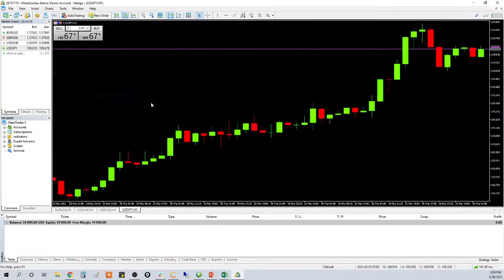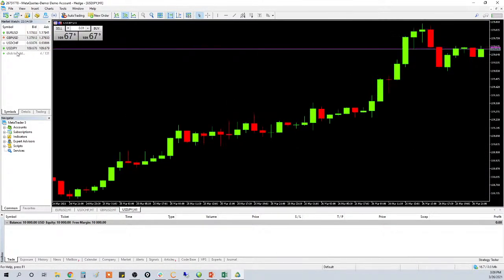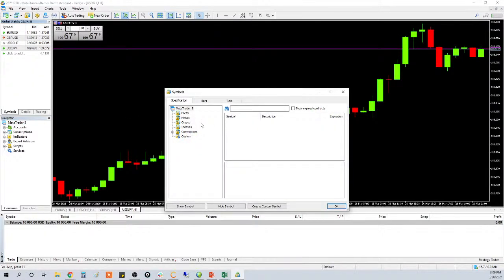Template, Hiram, and then I've got Euro USD, USD Swiss franc, Great Britain pound versus US dollar, and US dollar versus Japanese yen. And then I want to add a few more. So if I right-click here and I go to symbols, then it'll bring up some symbols for me. And I want Forex symbols, and I want to use,